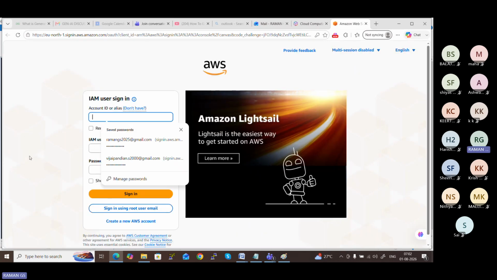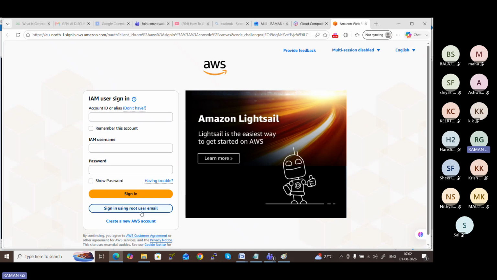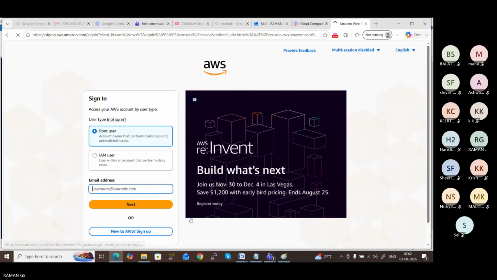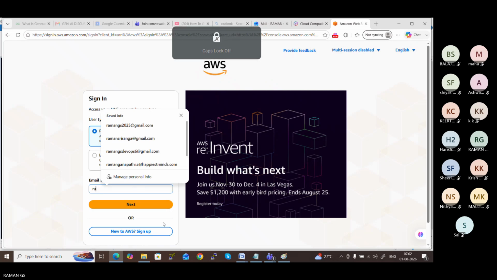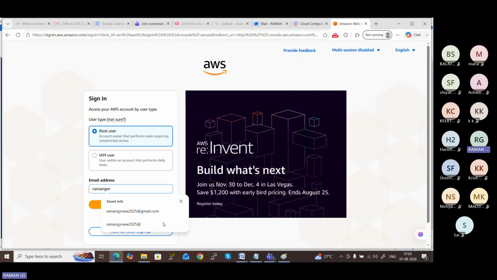I want to sign in as a root user. Click on sign in, root user email. So this is my account.